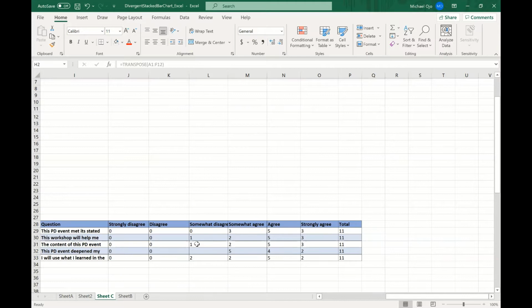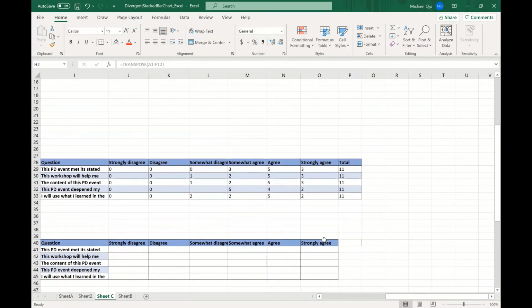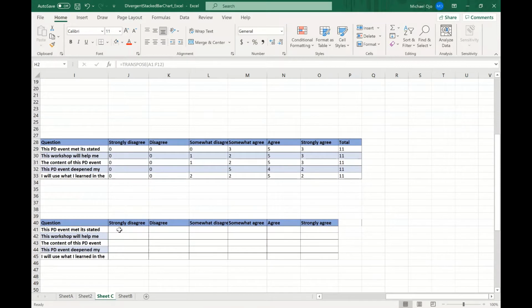The next thing for me to do is to convert these values to percentages. And how do I do that? I create another table, the same table, but empty. Then I can compute my percentage by selecting each cell and dividing by the 11, which is the total number of participants. You can see now I have that at 0%.